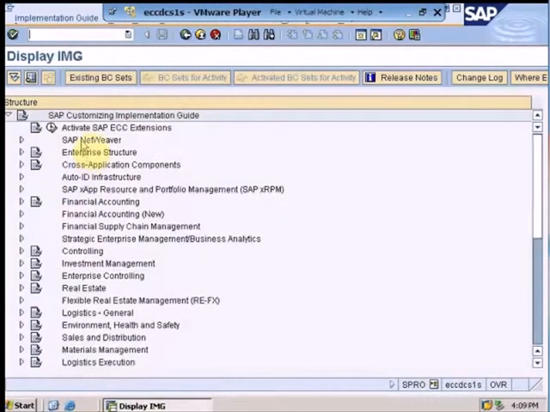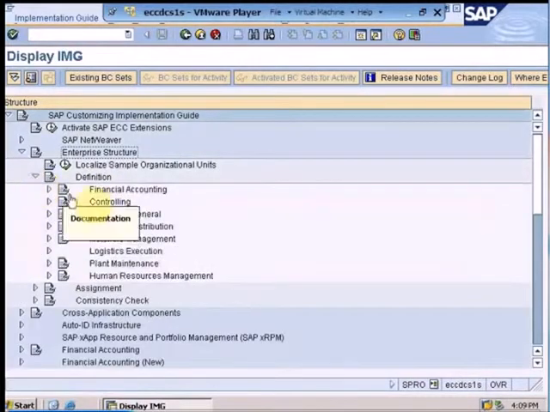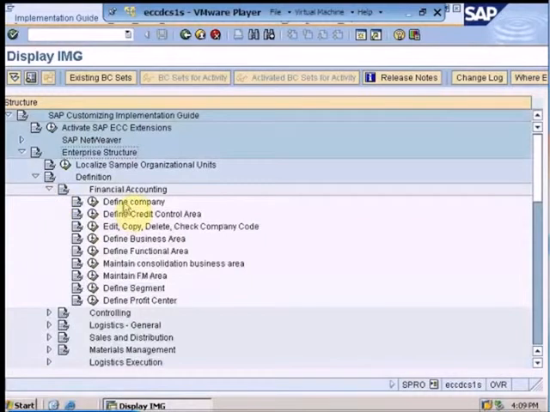In order to create a company code, we need to go to the enterprise structure node. Whatever organizational object that we need to create regarding any module, that is always created from enterprise structure. As soon as we go to the enterprise structure, first of all we will define a company code. In definition, we will go to financial accounting, and here we will get all the organizational structures that are related